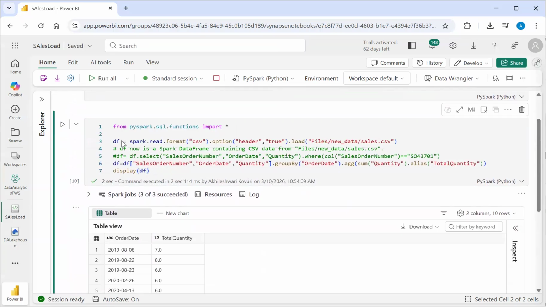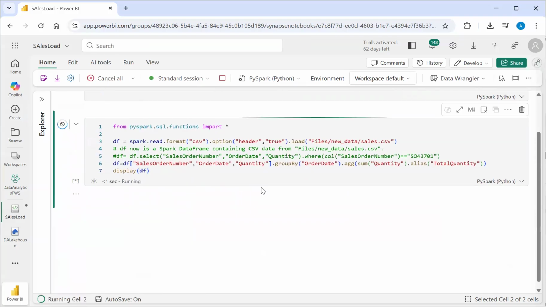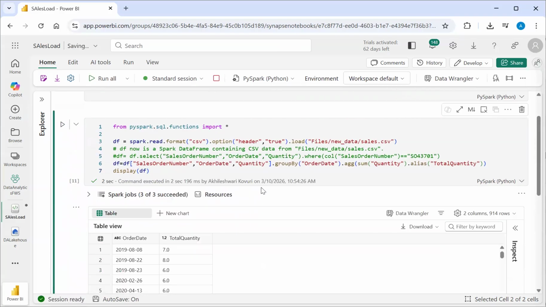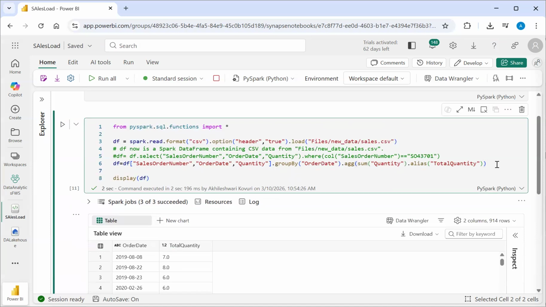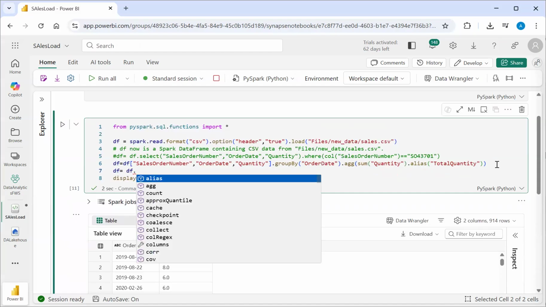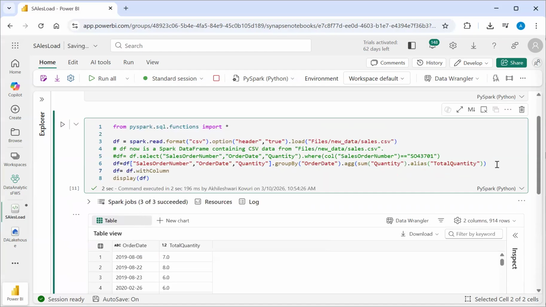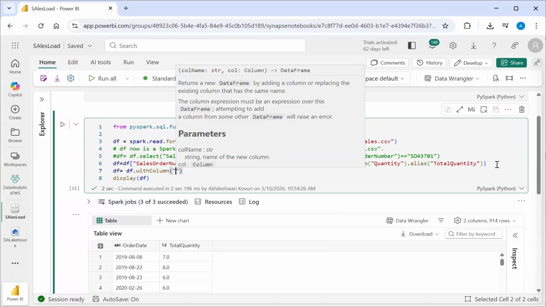So now we know how to apply some where conditions, how to select only specific columns, how to apply group by, and apply some limit, count, aggregations, and sum. Now let us add new columns to this. For that, df equals DataFrame dot withColumn. I want to add a column and that name will be order year,